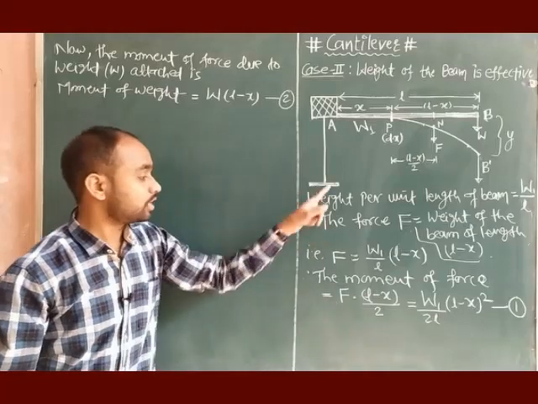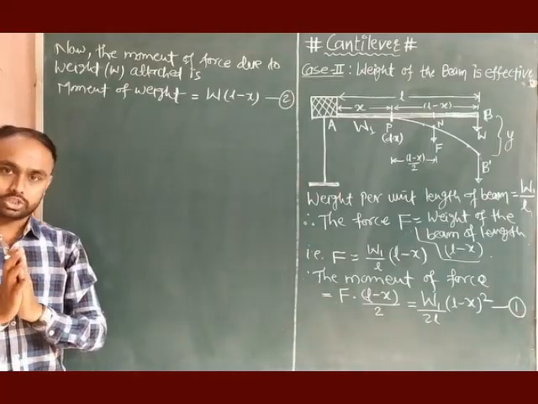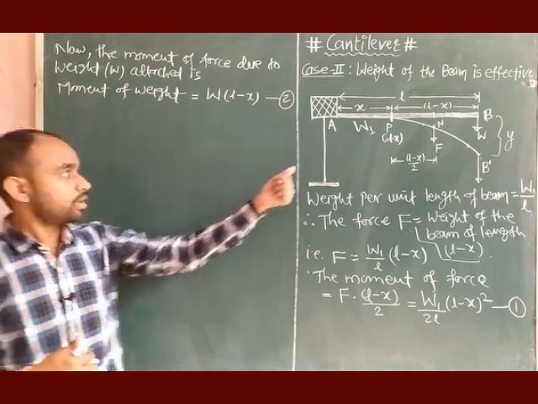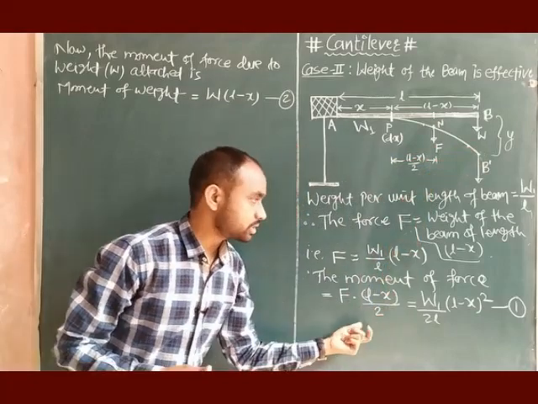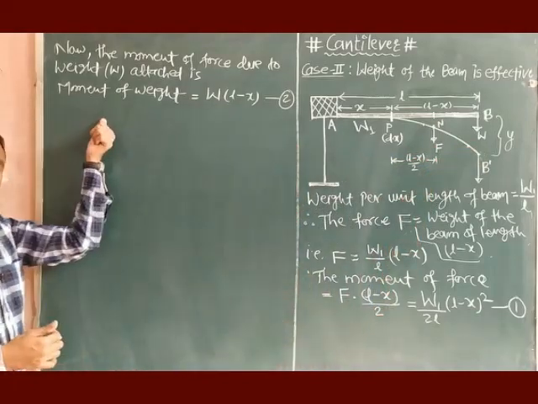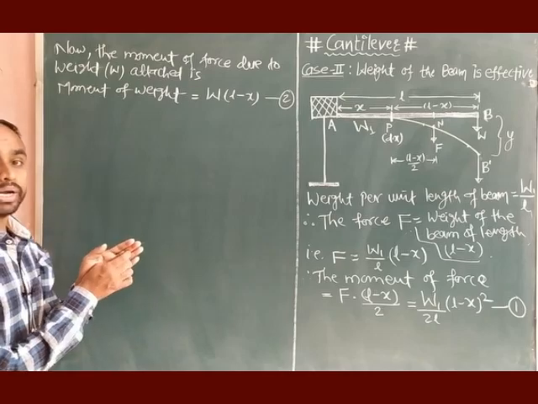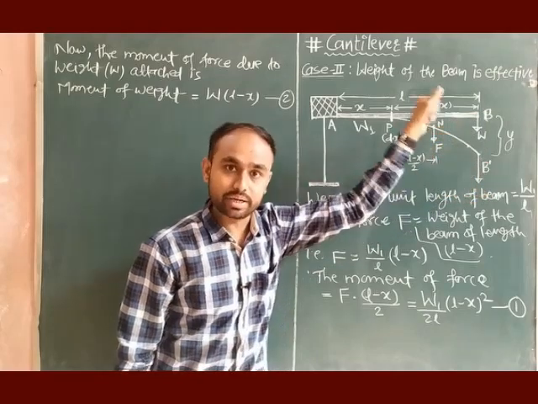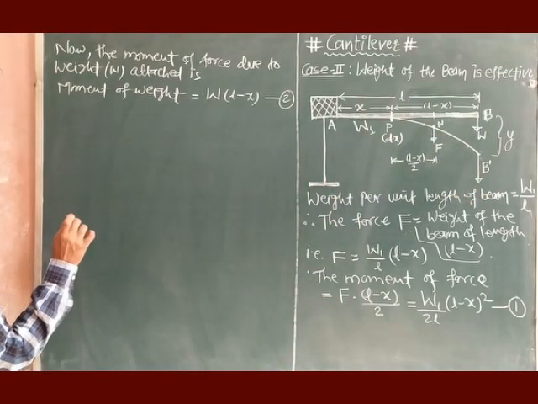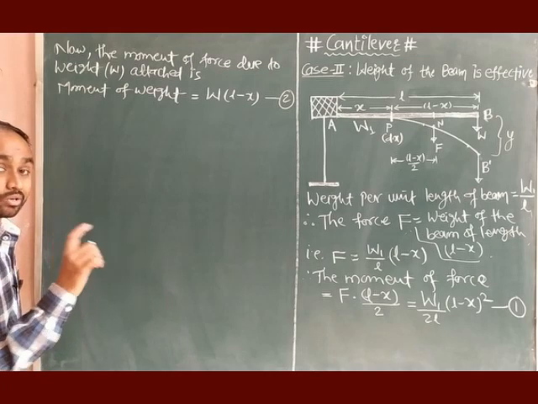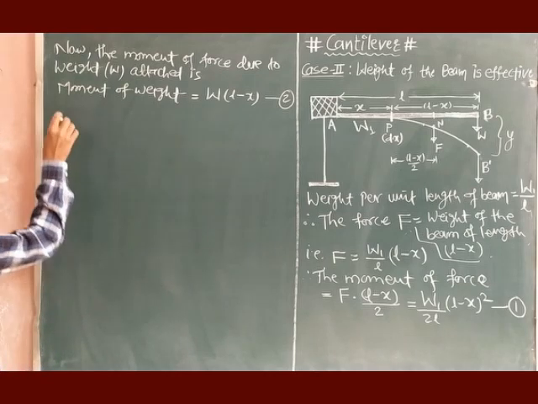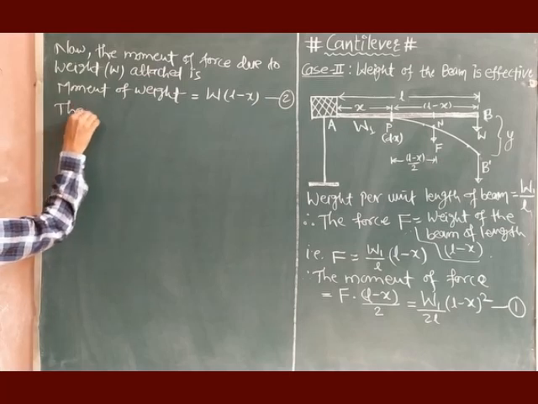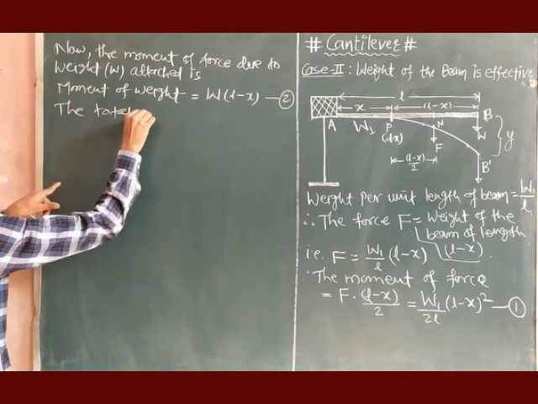Obviously that was due to the weight W1, and as I said initially, the total moment is the contribution of W1 and W. Equation 1 is due to W1 and equation 2 is due to W. This total moment will be counterbalanced by the depression moment in the beam, right? Whatever the depression moment is, we already calculated it in the very first case. So now we can write the total moment of force.